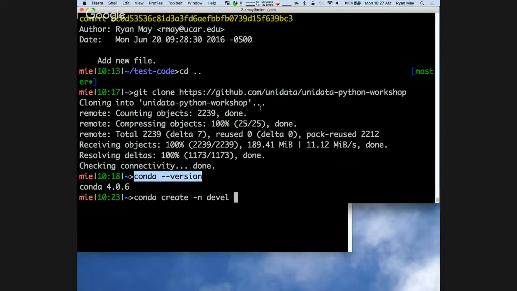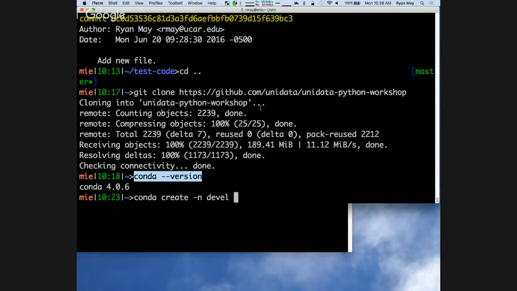So is there some directory we should be logged into for this, or should we just make another work directory, or should we be in the Unidata directory? For the Conda stuff, it doesn't matter what directory we're in right now. Conda handles where it keeps the environments. So environments aren't tied to a directory. It's more that you activate them and deactivate them, kind of modifying your shell's environment.